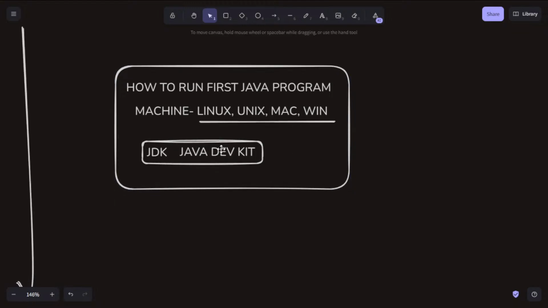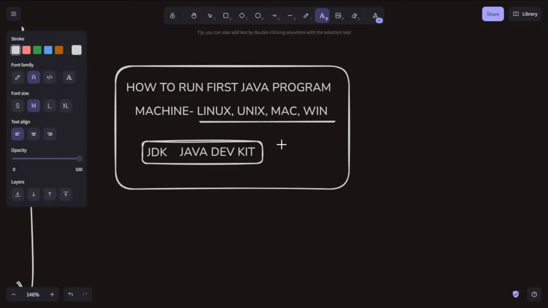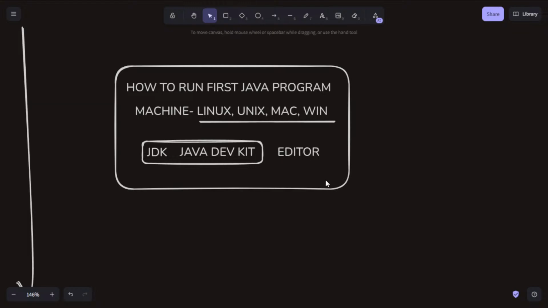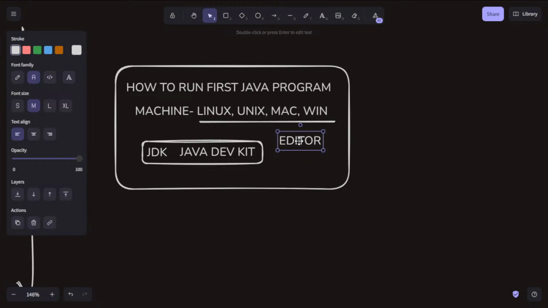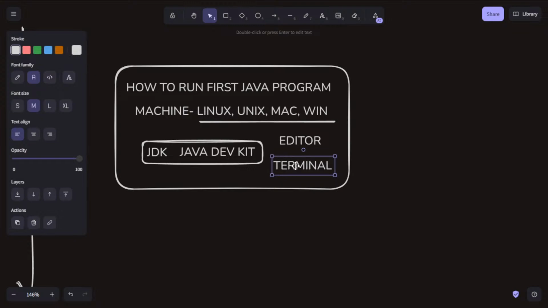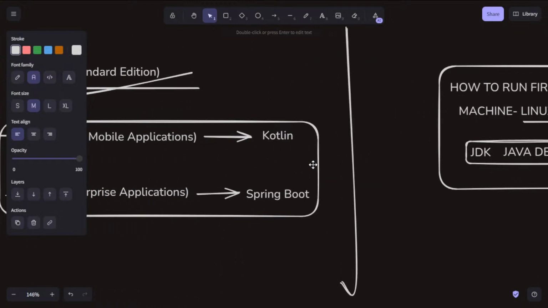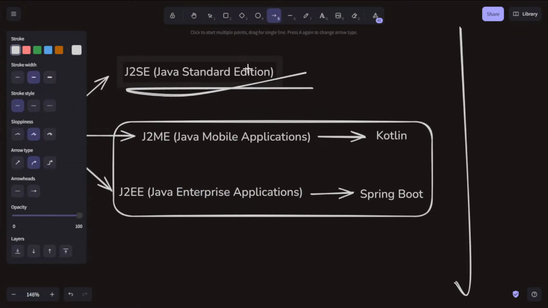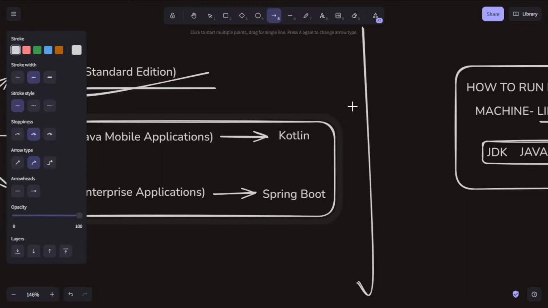Inside your machine, to run your Java program, you also require an editor to write your program, and a terminal to show the output, the output that Java standard edition produces.